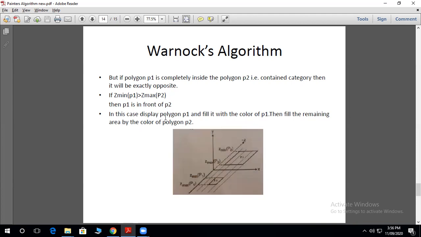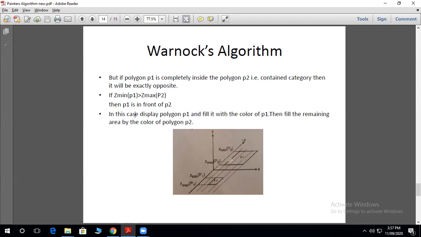In this case, display polygon P1, fill it with the color of P1, and fill the remaining area with the color of P2.